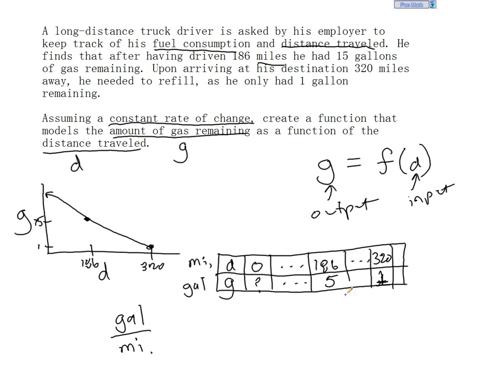Well, for the data that we do have, we see that there's a decrease of 4 gallons. So I could do 5 minus 1 or 1 minus 5, but I know it needs to be negative since the gallons drop. On the other hand, my miles increase. I could do 186 minus 320 or 320